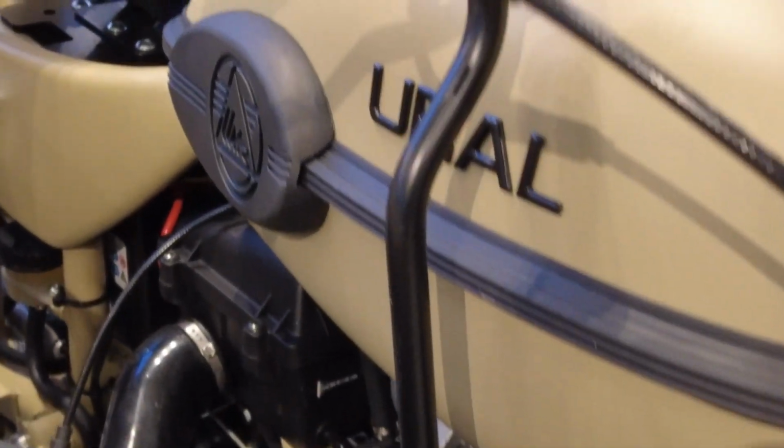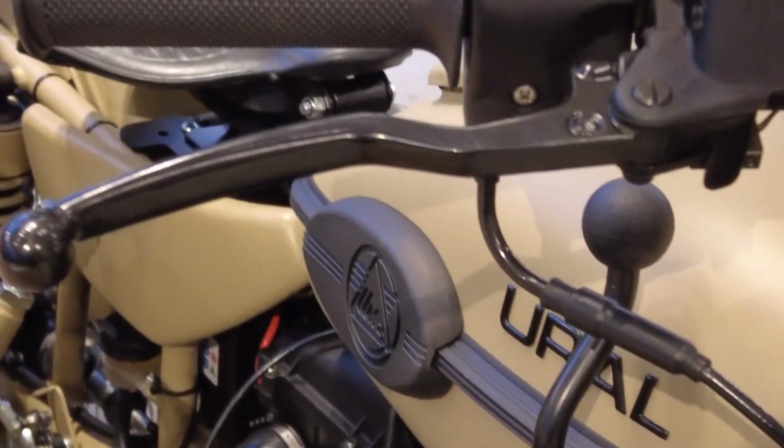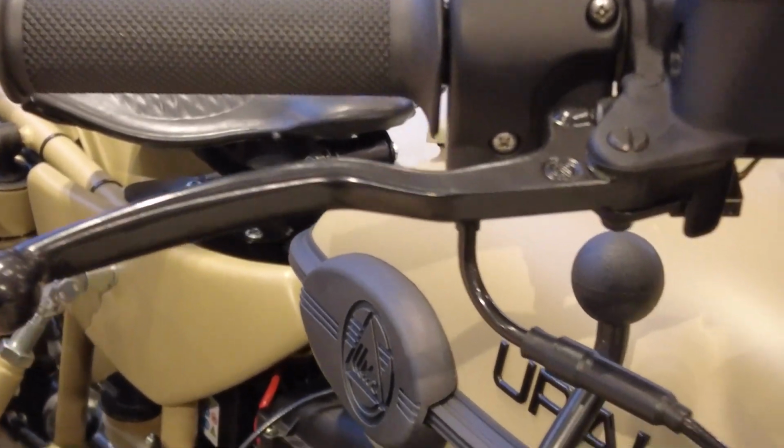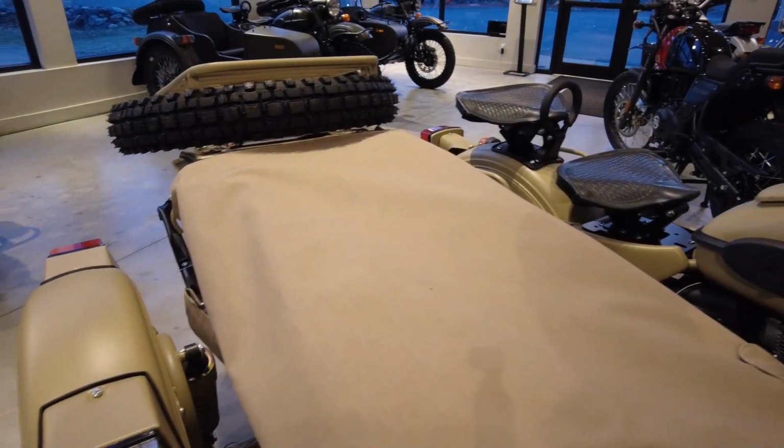We have two-wheel drive reverse hand shifter, and this lever you use to put the bike in reverse and out of reverse, and then this lever is used to put the bike in and out of two-wheel drive. Also, this bike comes with a rider windshield with color-matched metal fairing, as well as sidecar windshield with a color-matched frame for the sidecar windshield. I think they are